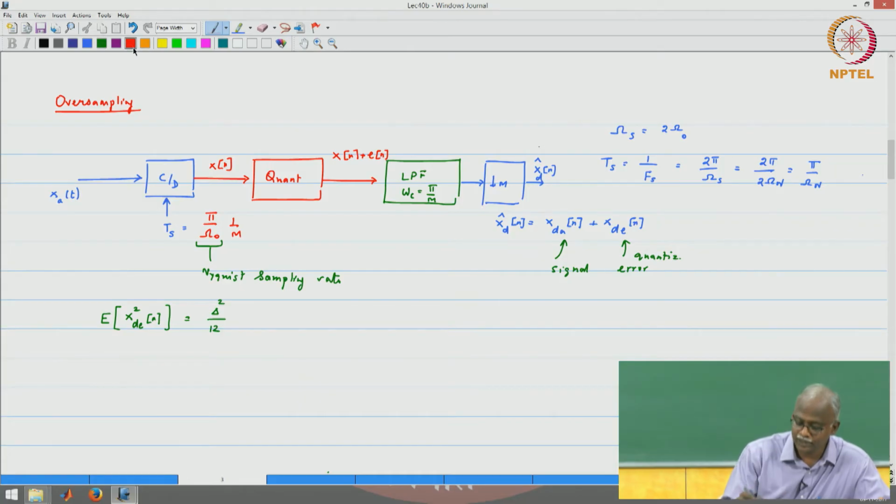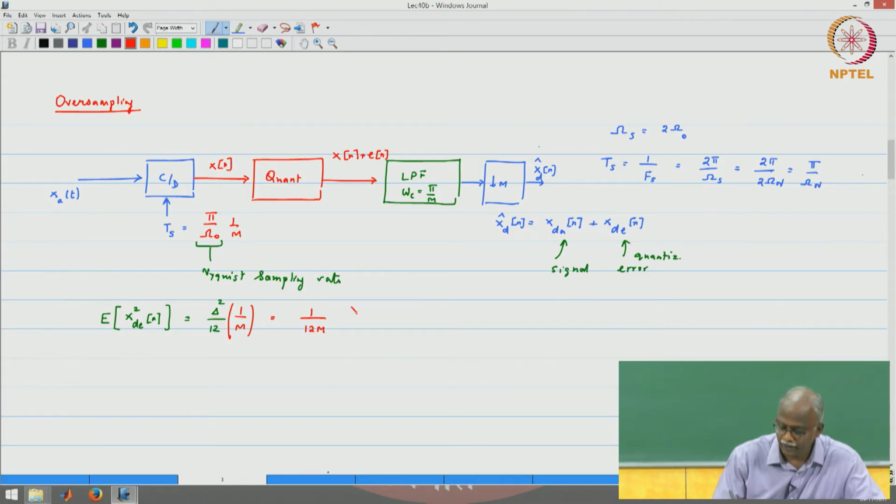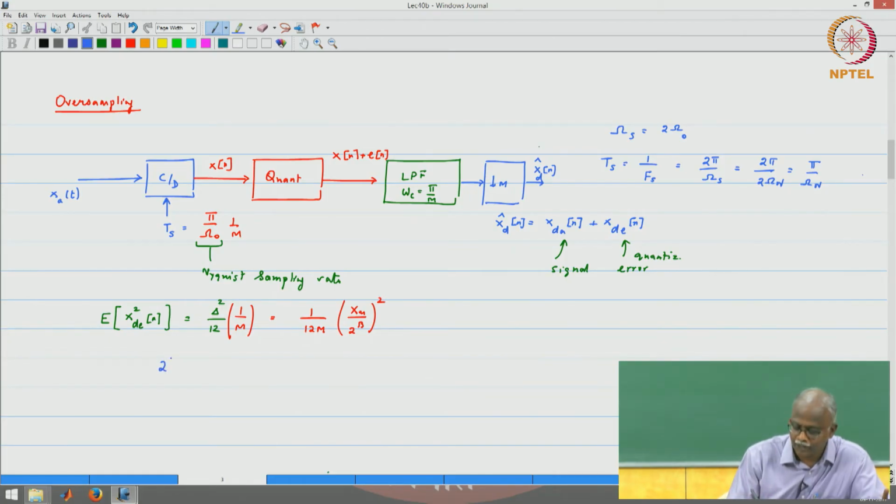Okay, so 1 over M is the new advantage, or the new factor, that we have brought in. Effectively this is equal to 1 over 12 M times (M by 2 power B) whole squared, which you can rewrite. Yesterday we did an expression in terms of log base 10. I am going to do it slightly differently so that you get a different perspective. I am going to take logarithm base 2 for this expression. So, 2 power 2B is equal to, basically rewrite this, it is 1 over 12 M